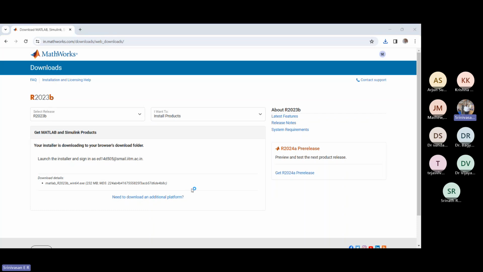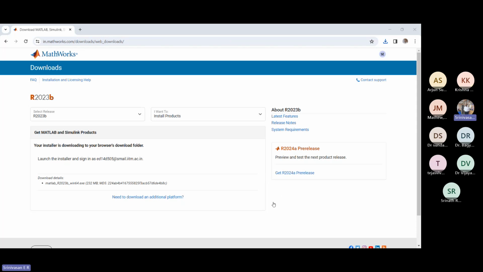So we'll just say yes. And then again, we'll be asked to sign in into the installer. We will have to give our email ID, then sign in. And then we will see a variety of packages that are available with MATLAB, and we can choose whichever we want. Depending on that, the size of download will be varying, but the installation will start happening by itself. So just say yes to the terms and conditions.